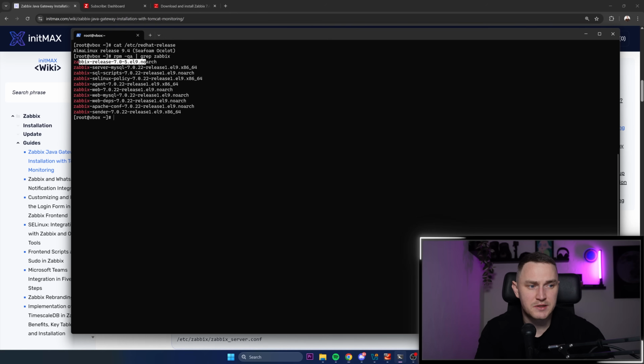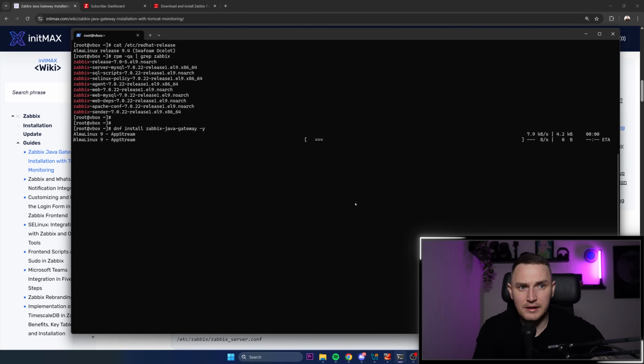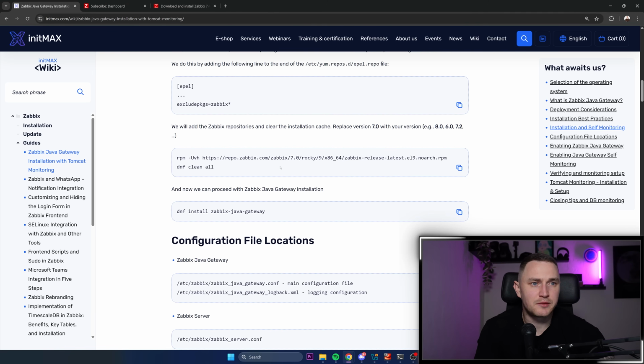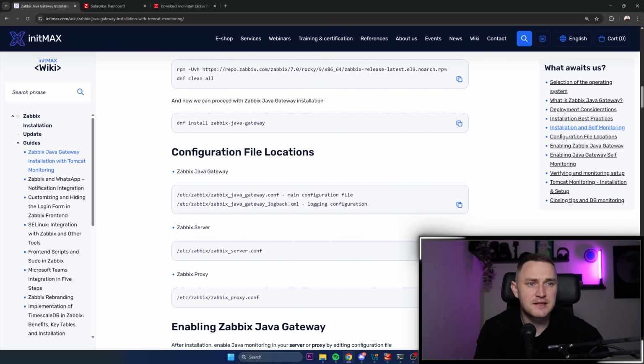So I will just copy paste this command, go back to my CLI, and paste. I will add -y at the end to automatically confirm all of the prompts, and I'm going to wait for a couple of seconds until all this is installed. So as the Zabbix Java Gateway installation is successfully completed, we can proceed with the next steps, and the next steps are